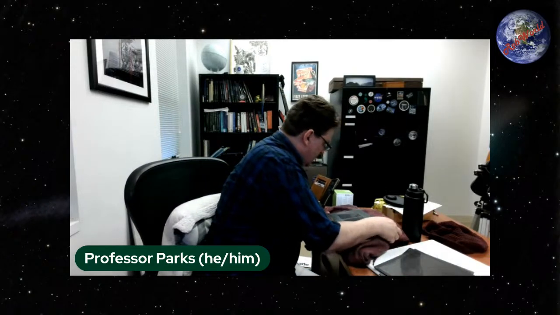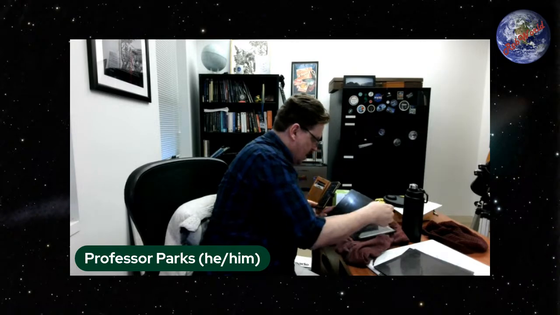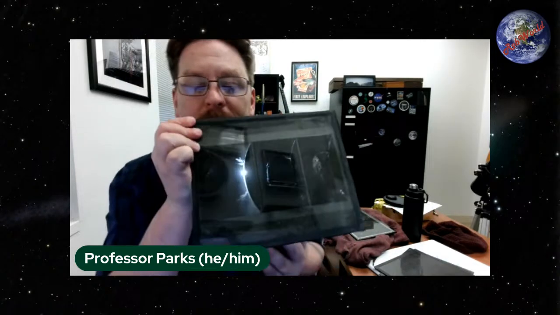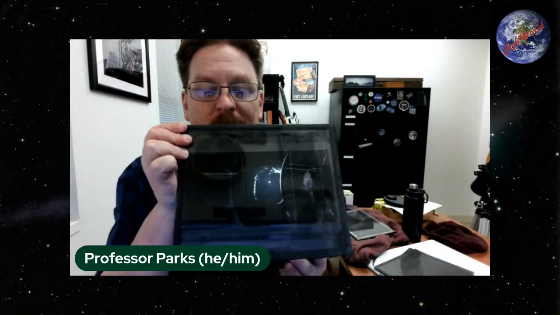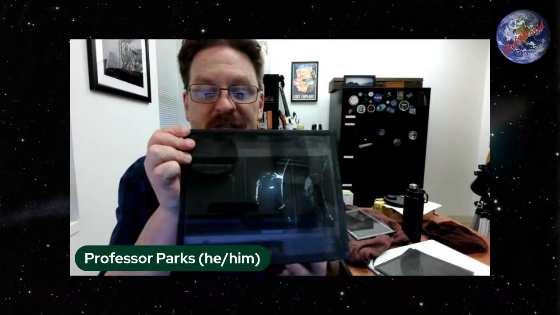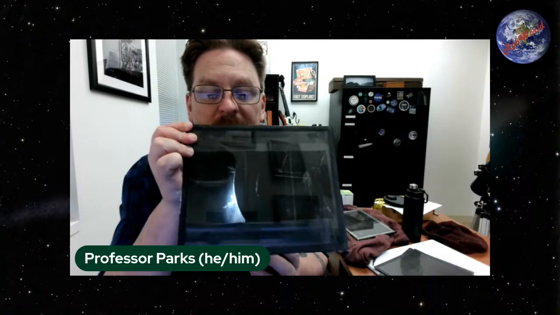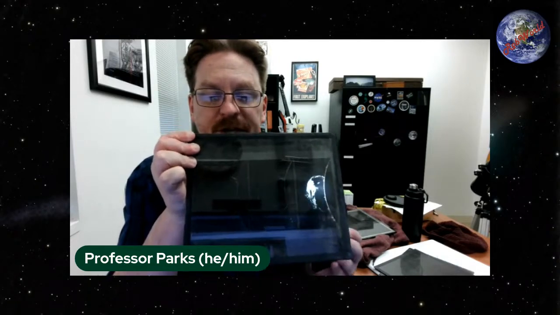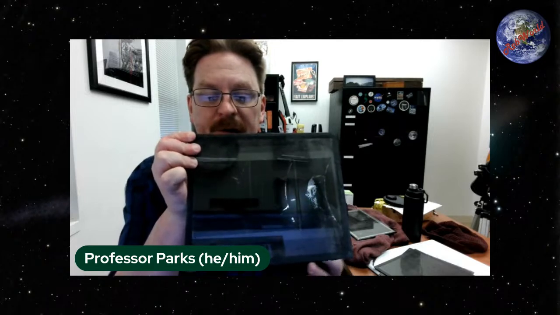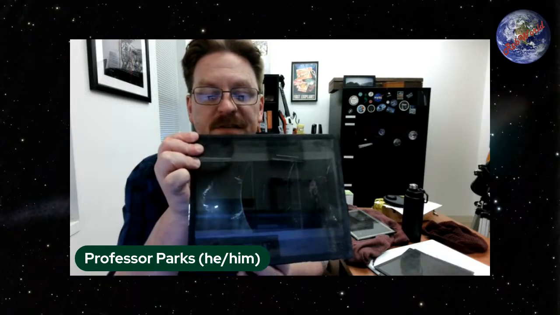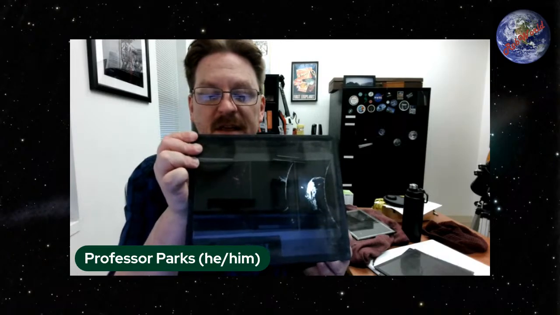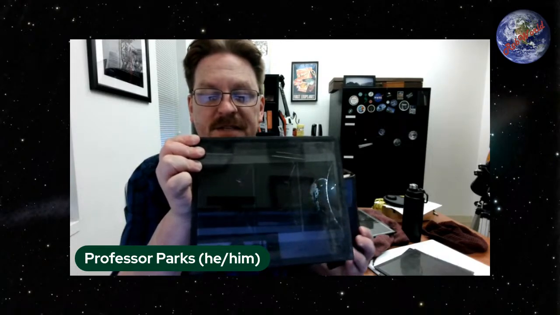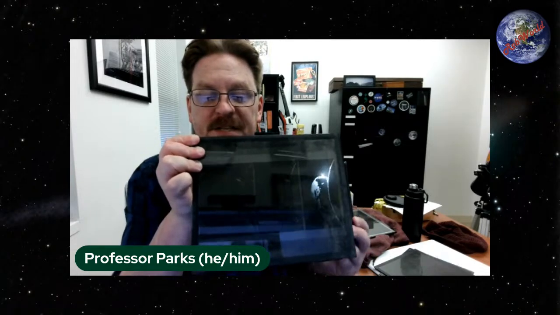Ooh. Is this what I think it is? Yeah. Wow. That is a solar prominence. Actually, this may be a coronal mass ejection from start to finish. You can see the left-hand side, this side, that's the sun.